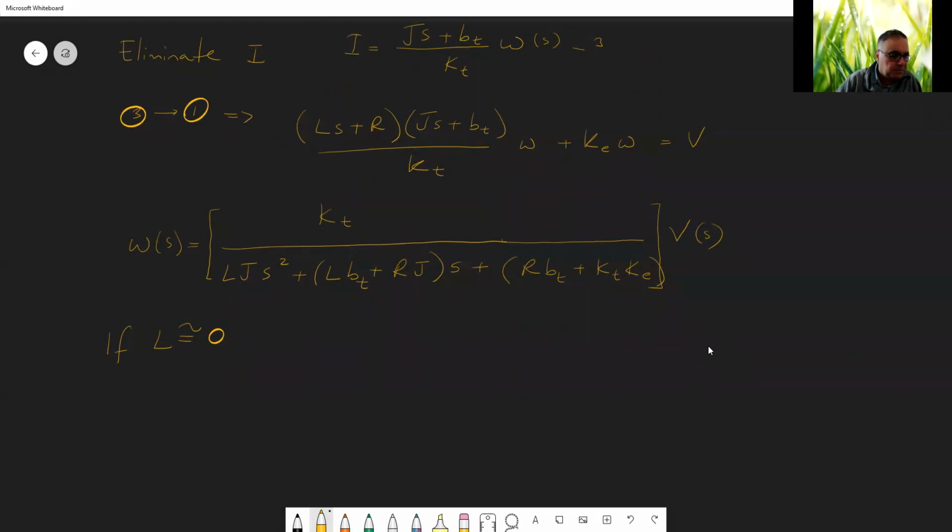Because in the motor, the inductance might not play a very big role. In that case, V over omega of S, the L terms drop here, especially the S squared term. And you get a rather simpler expression, Kt divided by JRS plus RB plus KE KT,